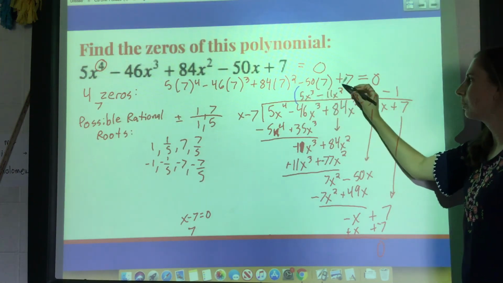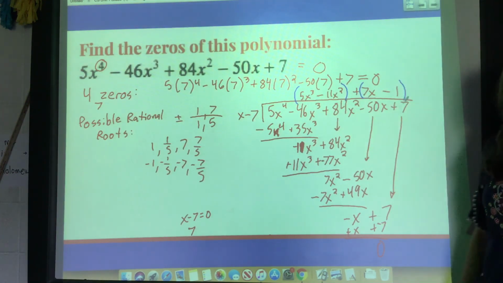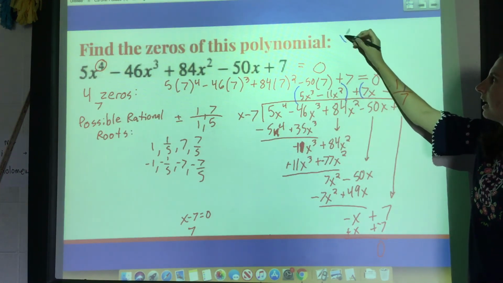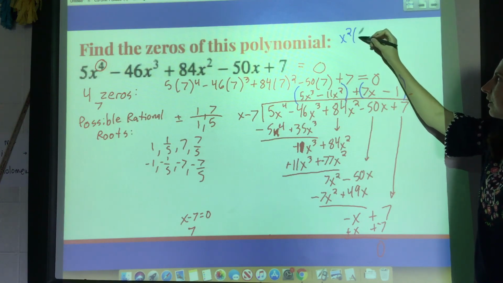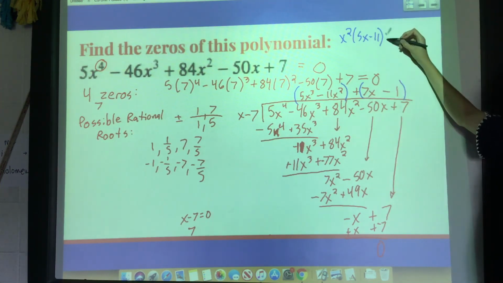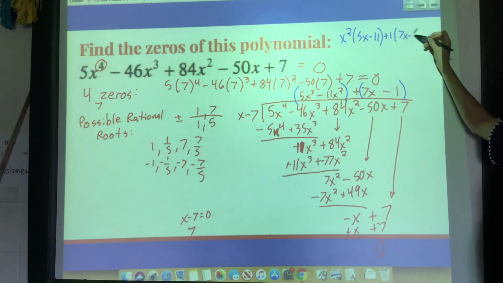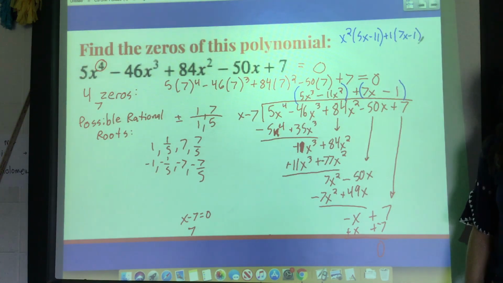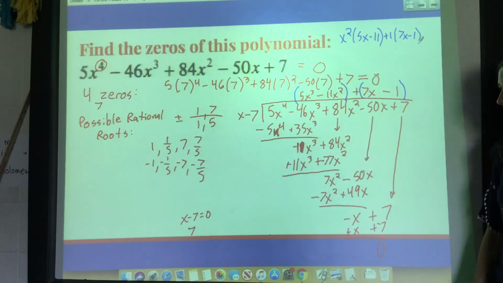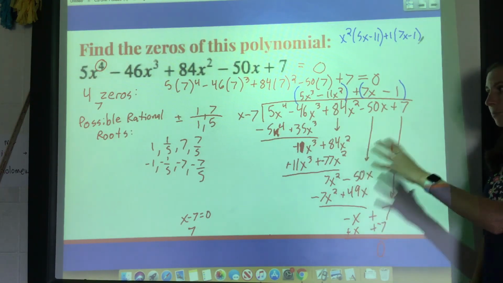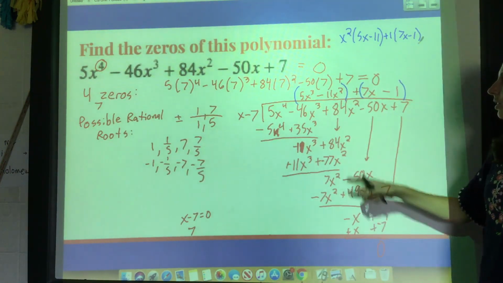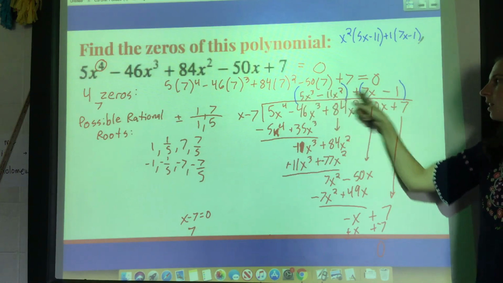Let's try to factor it with the grouping method, because it's 4 terms. The only thing I can factor out of this first group would be x squared, leaving 5x minus 11. And out of the second group, all I could factor out is a 1, leaving 7x minus 1. That did not work, because these don't match. So unfortunately, we are going to have to do this process again. I can use my same list, but I'm going to have to do the process again with what I have